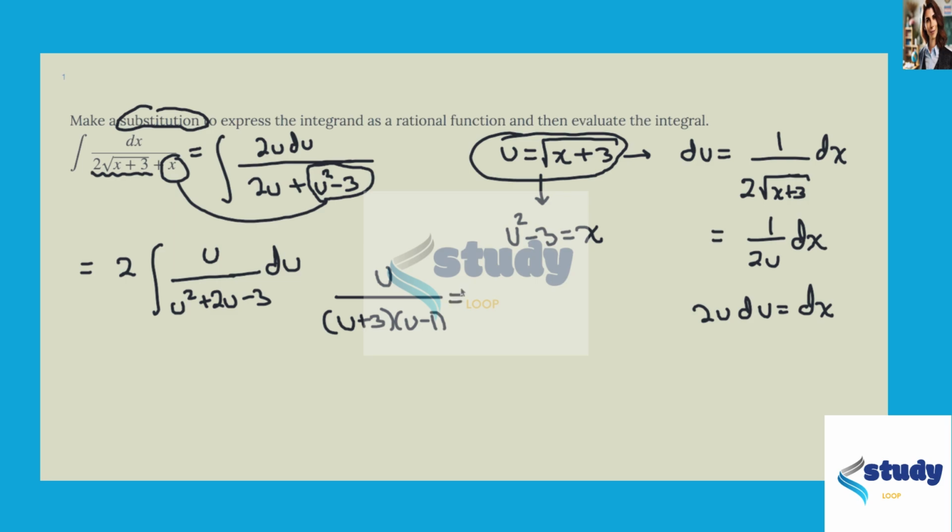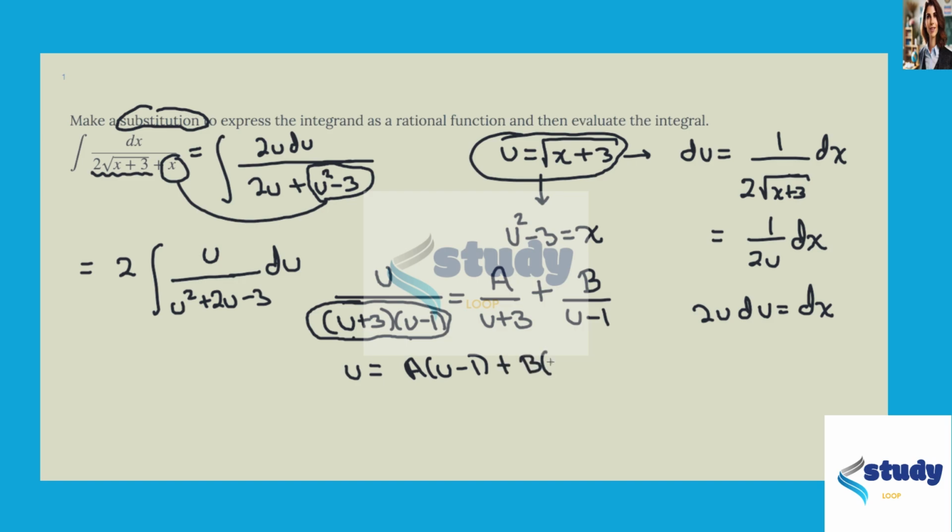This is what the book calls case 1. We have 2 distinct linear factors in the denominator. So that's a over u plus 3, b over u minus 1. Let's go ahead and multiply both sides of this equation by this term on the bottom left. We get u equals a times u minus 1 plus b, u plus 3. And then here we could factor out a u,